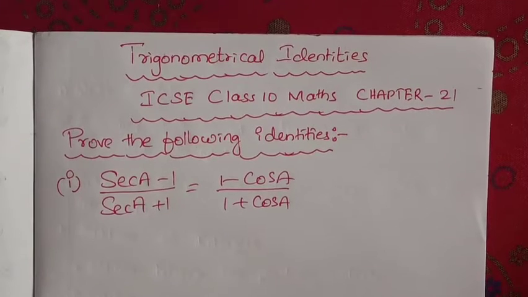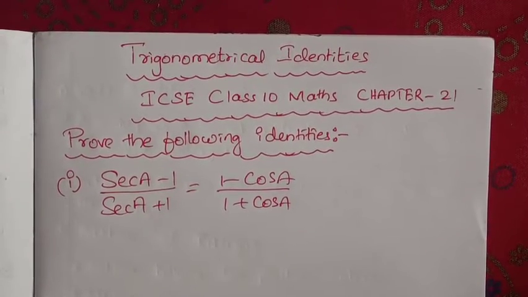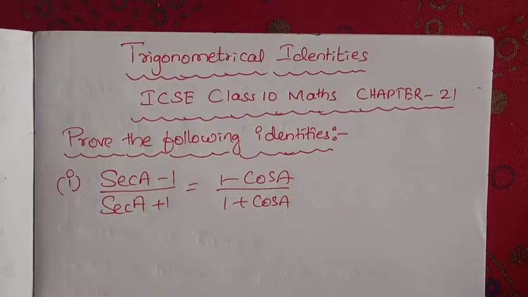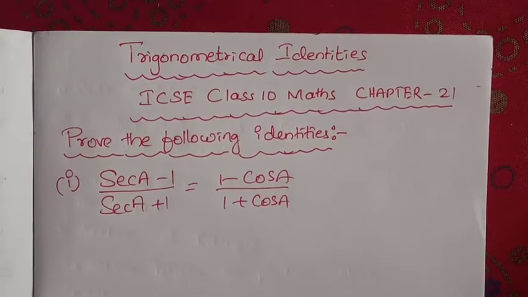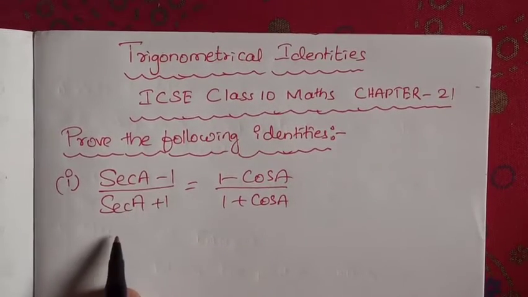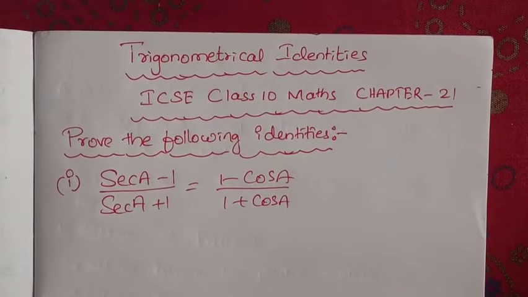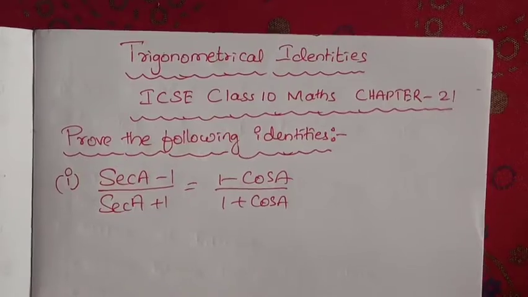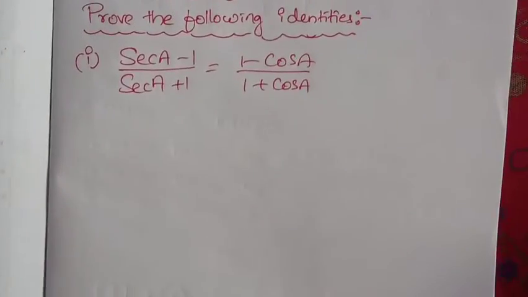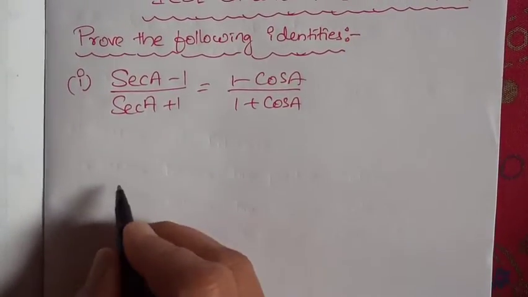Yes, children, we will start now the trigonometrical identities exercise. Prove the following identities: (sec A minus 1) by (sec A plus 1) is equal to (1 minus cos A) by (1 plus cos A). Okay, children? Now I will take the LHS